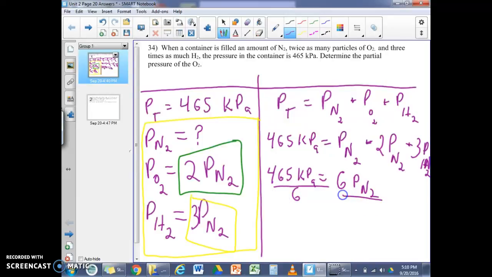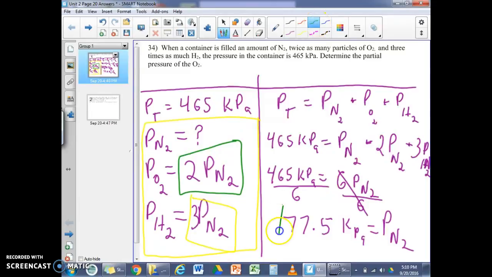If I divide both sides by 6, my 6's cancel out. So I take my 465 kilopascals divided by 6. I come up with 77.5 kilopascals. Now I want to label that. That is the pressure of the N2. Now I haven't quite answered the question yet because the question is not asking me what the pressure of the N2 is. The question is asking me what the pressure of the